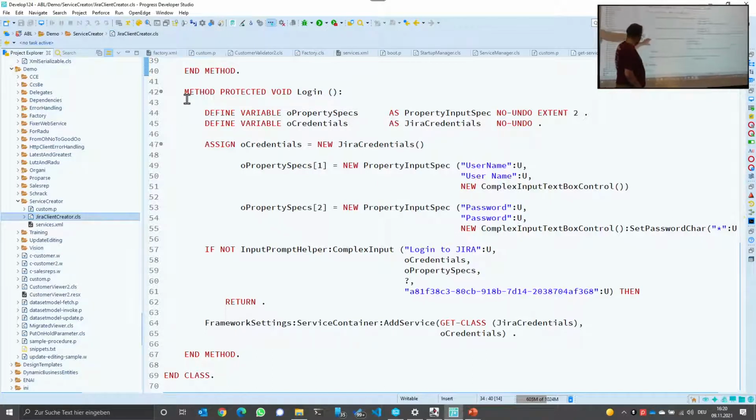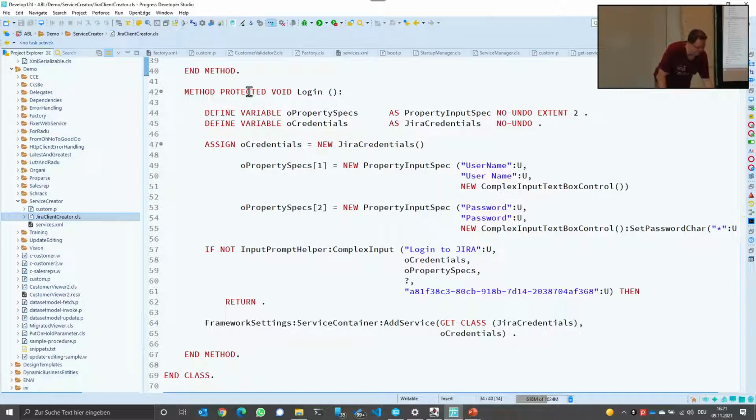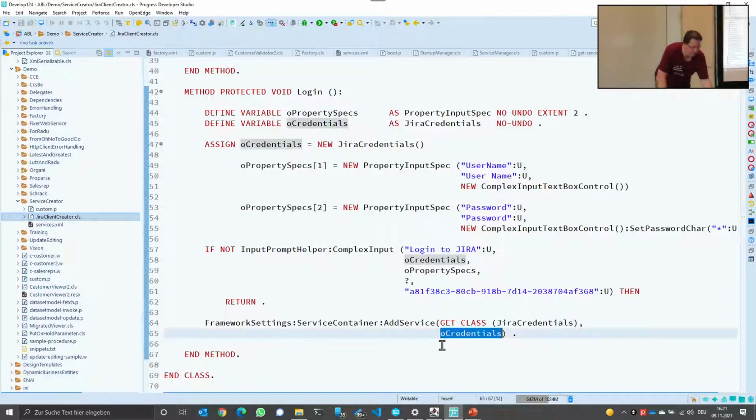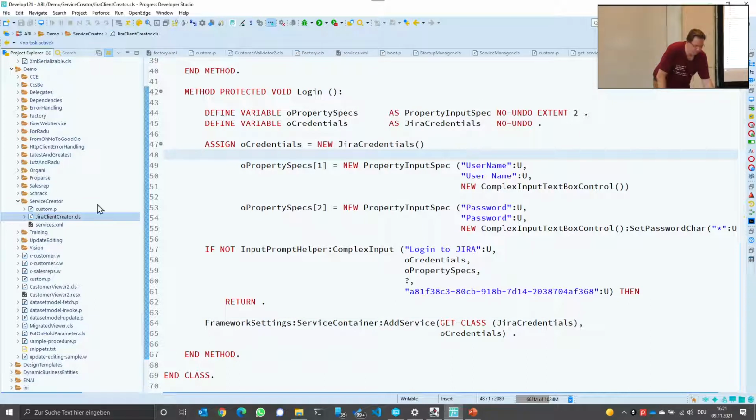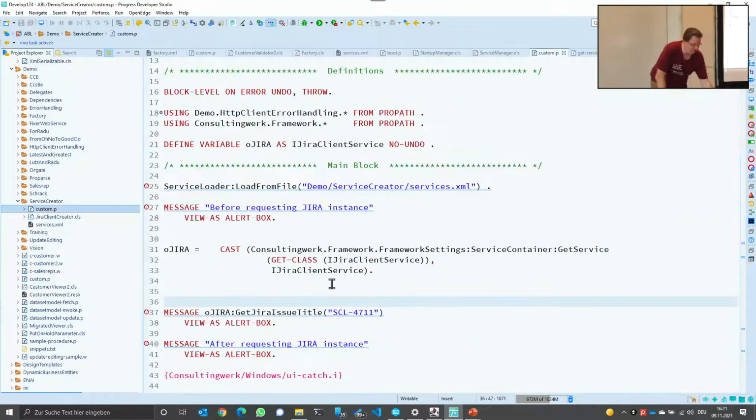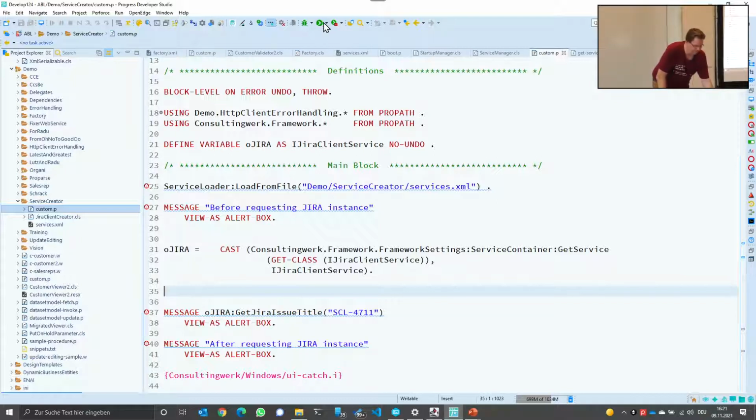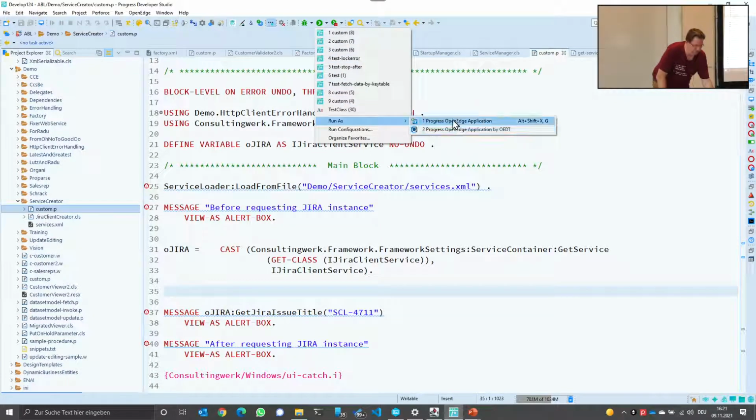And then I run a general purpose input helper that gets the object that should receive the value and this list of property specifications, and that's implementing a whole dialog. And when I get the object back, then I'm storing the credentials object also in the service manager so that it's generally accessible. And when I run this now, and again, the consumer doesn't know anything of that. The consumer just asks for an instance of the Jira client service. And when I execute that,